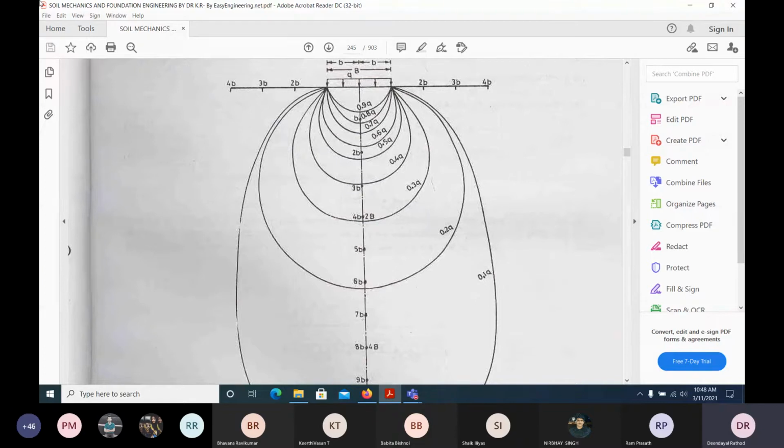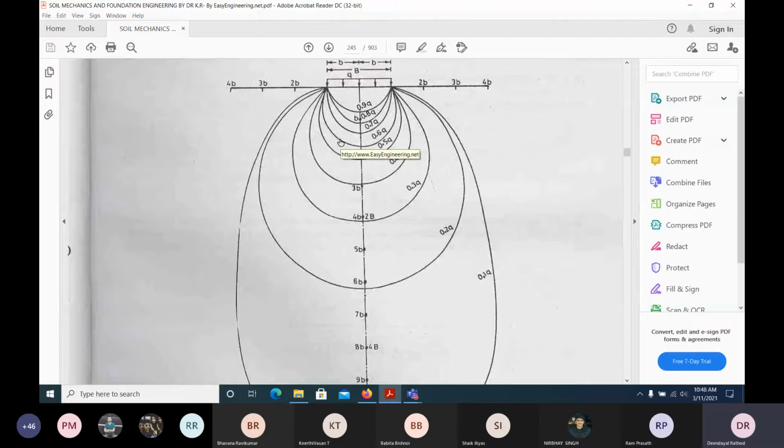Isobar says the influence area is quite high. That means there also we have to find out what the soil is all about, what kind of soil it is, not just below the footing itself. It should be 1.5 to 2b below the footing, where b is the width. Generally we have to see one point and conduct a test there to find out what kind of soil it is.